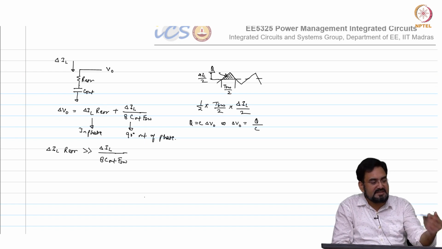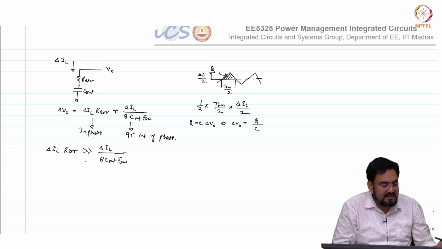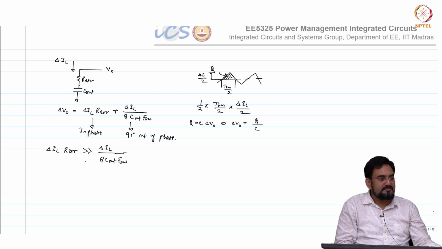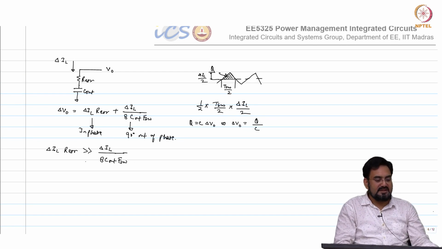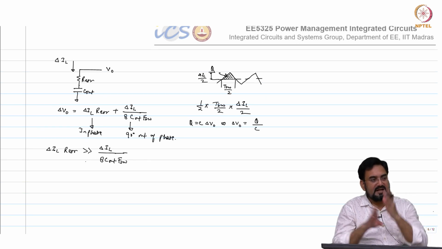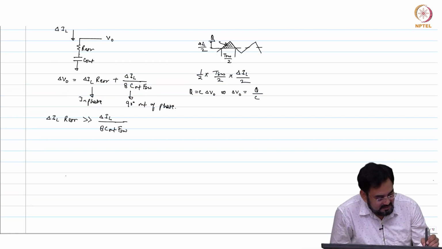So if I keep increasing the product of R and C, your delta IL RESR component will start dominating over delta IL over 8C out FSW, which is 90 degree out of phase. Okay. So you have to make sure that your RESR product is such that your peaks are aligned. Okay. And usually